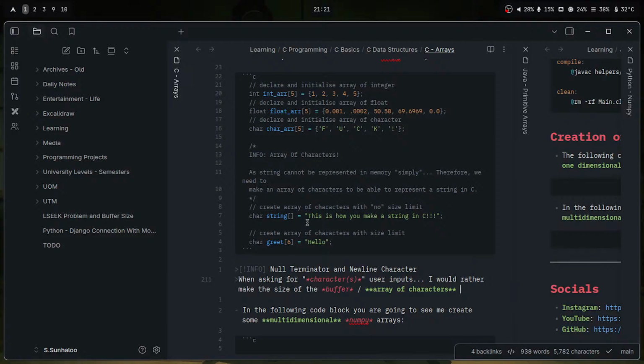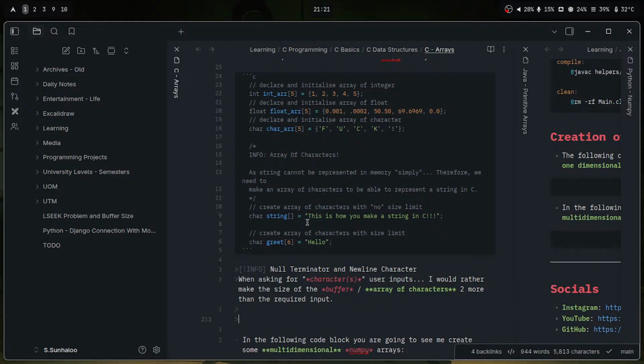I would rather make the size of the array 2 more than the required input. Let's say that, as you know, if the users